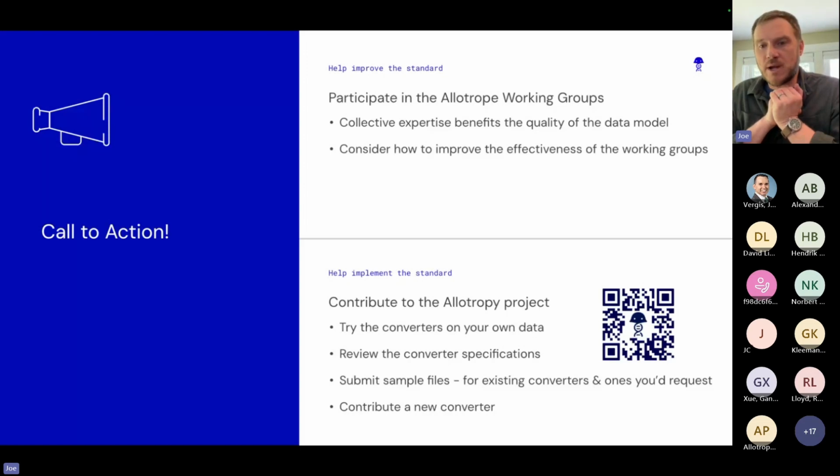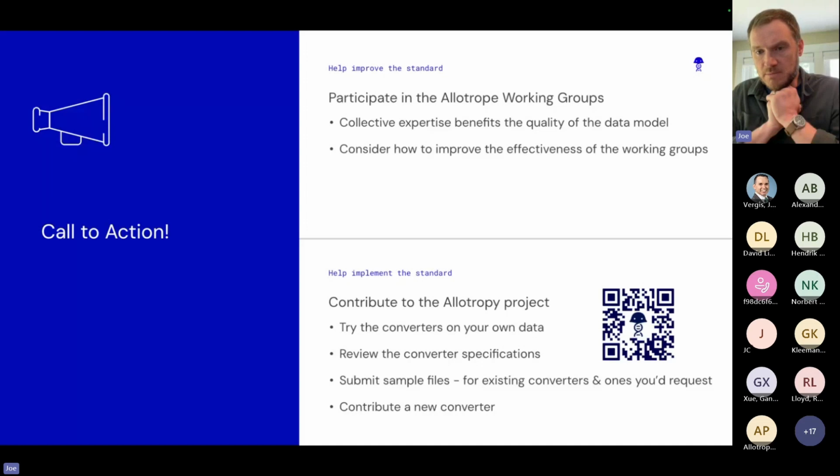I would put out a call to the Allotrope board and the folks who are part of the foundation to give some thought to how we can improve the effectiveness of the working groups. I think those who have been participating lately have run into a few challenges with the ontology itself that then impedes the modeling. And in order to build these models quickly and implement them, I know we want to get it right, but sometimes I feel like we end up churning on these.